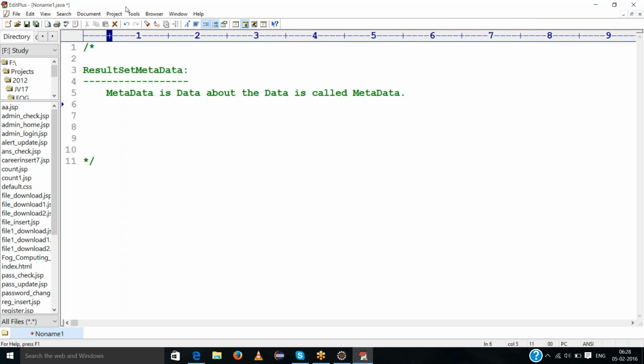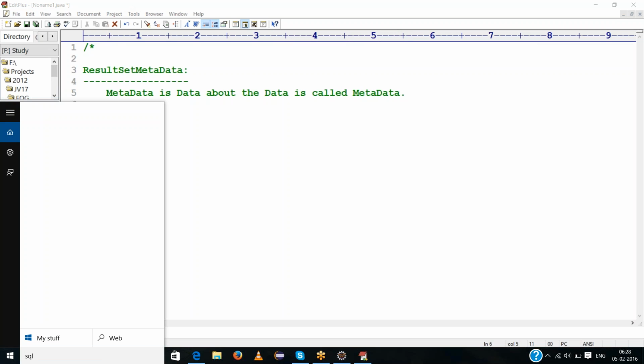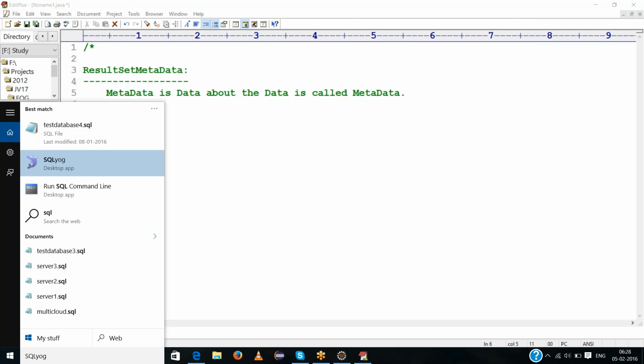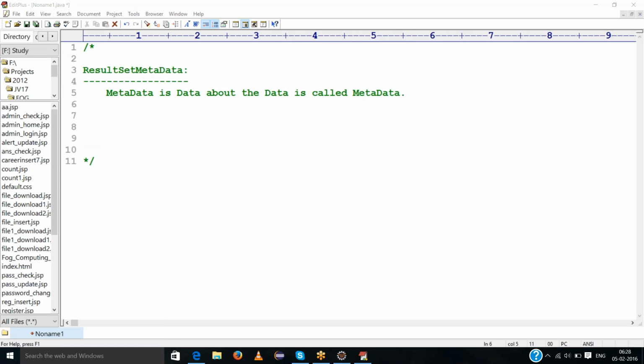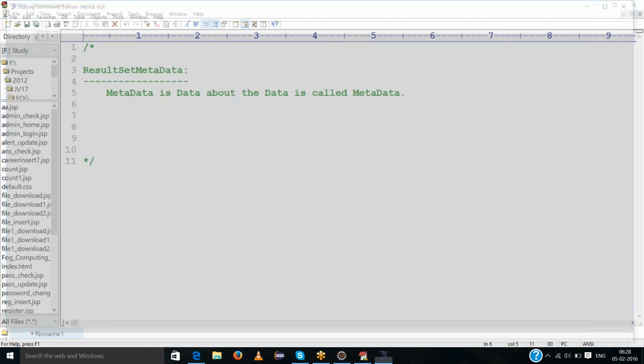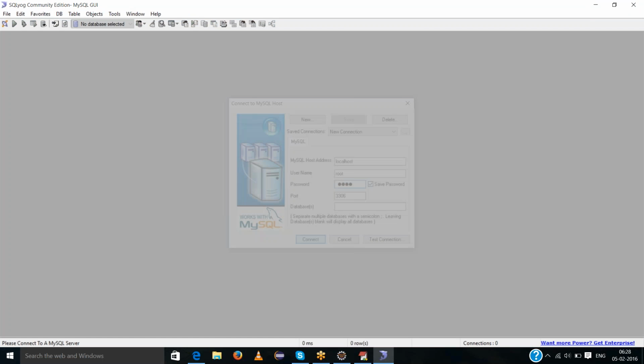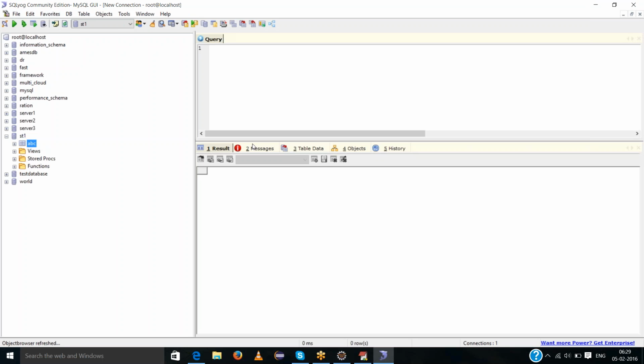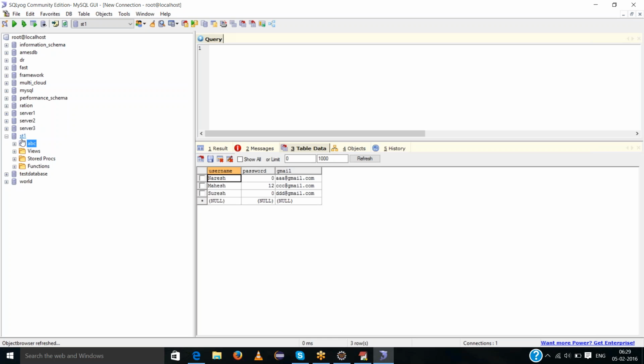For example, here my database name is ST1 and the table name is ABC.